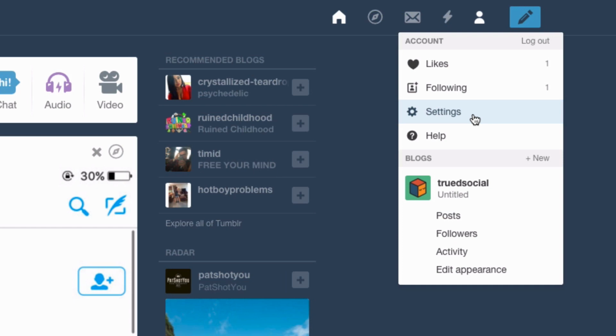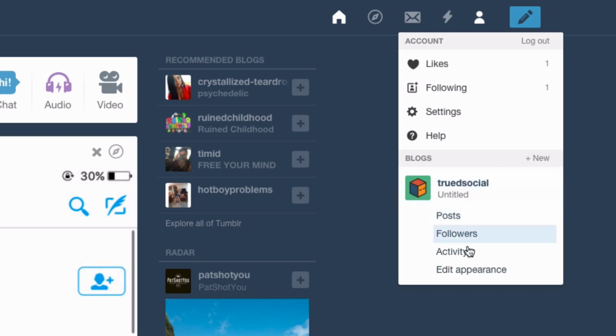Just know that whenever you need to go to settings, you need to go to account and then to settings. And then at the bottom, you've got blogs. This is where all your different blogs will go and where you can create a new blog. Now, we've currently only got one blog, but if you wanted to create a new blog, say one for yourself, I would make one Edwin Watson, you would click here, new, and you would create a new blog, which will be associated with this account.